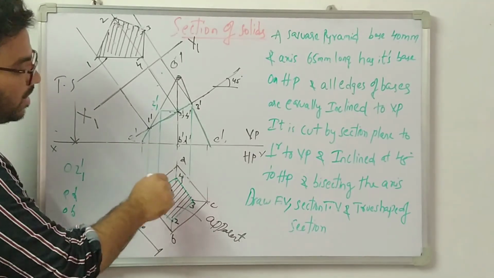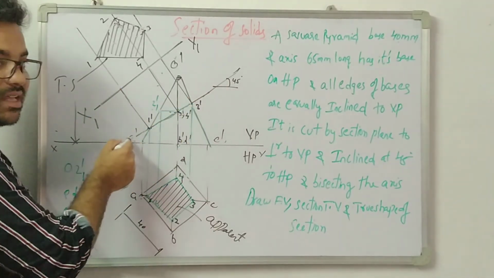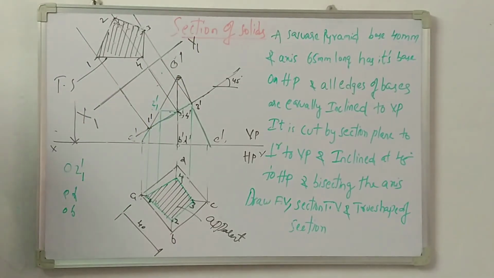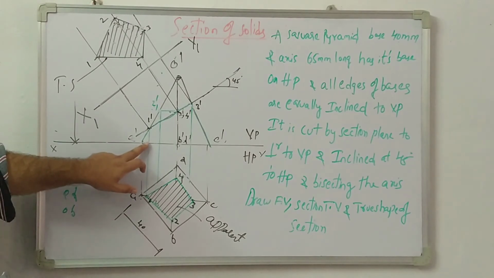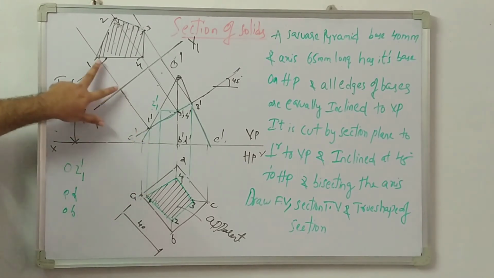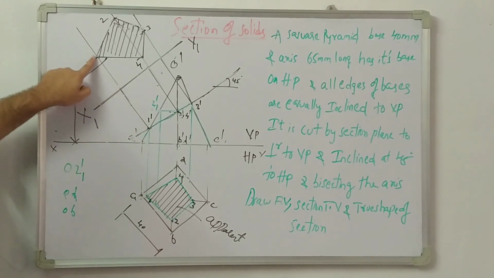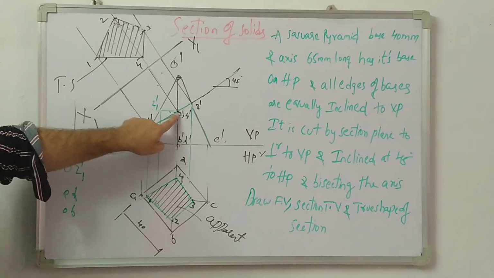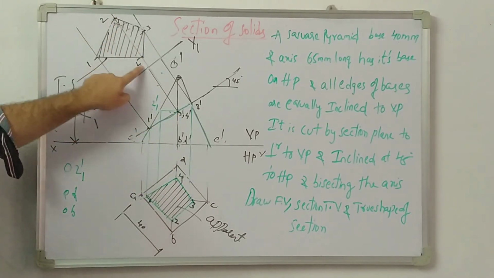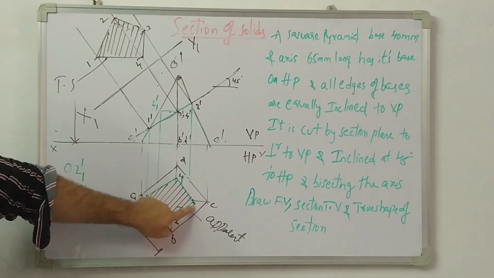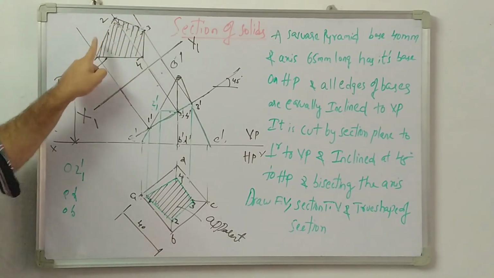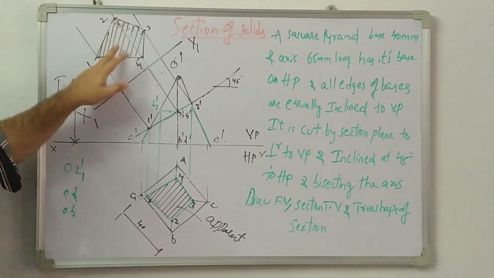Now to get the true shape, from the 45 degree line, I drew another reference axis, that is x1 and y1. From there, measure the distance from the old reference line and simply project it here. 1 dash is located here, so point 1 will be located here. If 2 and 4 are located here on B and D, then on the 2 dash I projected one line, so 2 and 4 will be located on this line only. Similarly, 3 is located here. On 3 I projected a line, so 3 will be on this projection line only. So you measure it, you get this distance. So this is the true shape of the section.